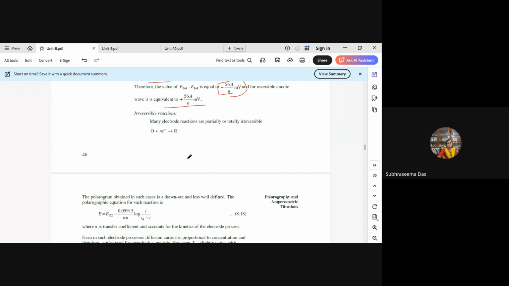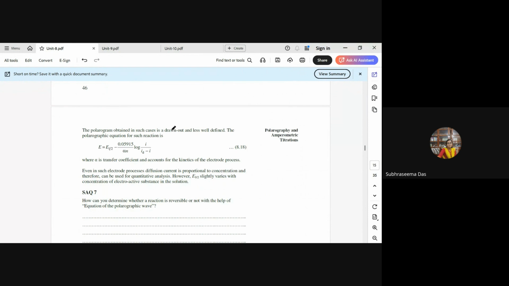So the irreversible reactions: many electrode reactions are partially or totally irreversible, that is O plus ne⁻ forming R. The polarogram obtained in such cases is drawn out and less well defined. The polarographic equation for such a reaction is E equals E half minus 0.0591 by alpha n into log of i by (id minus i), where alpha is the transfer coefficient, and it accounts for the kinetics of